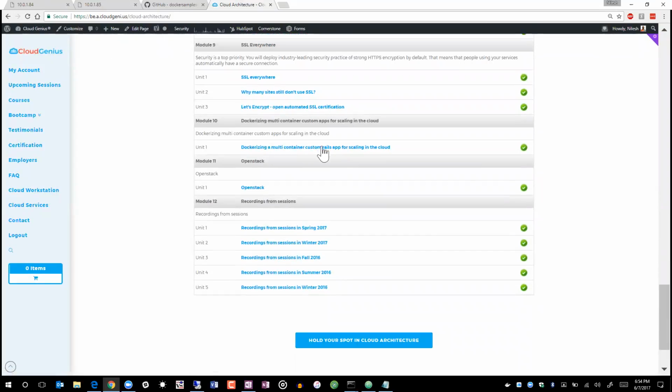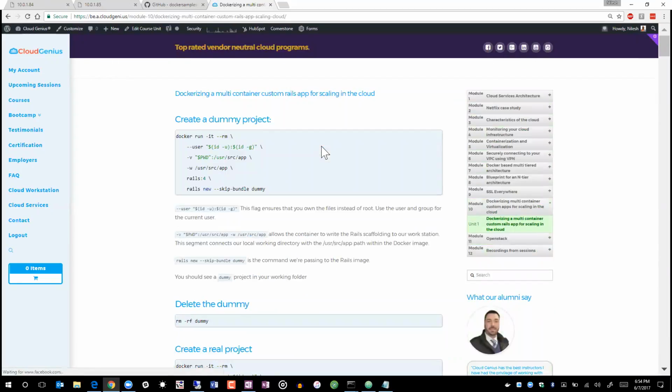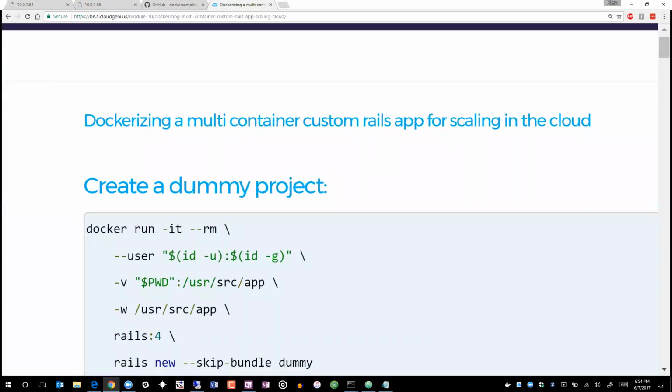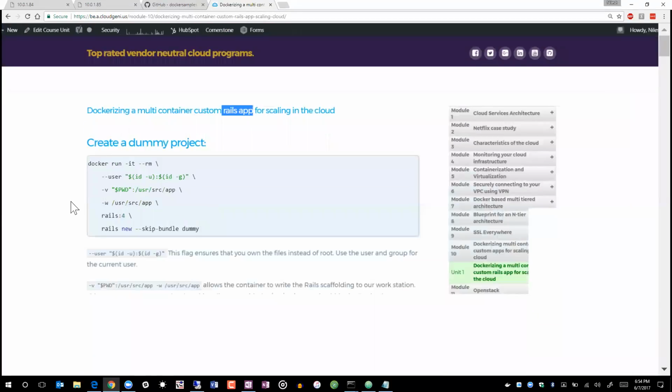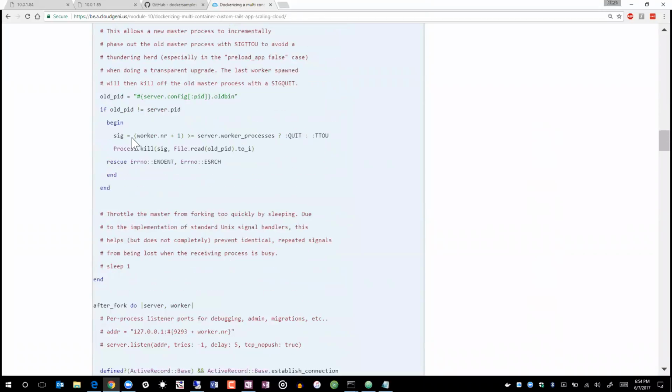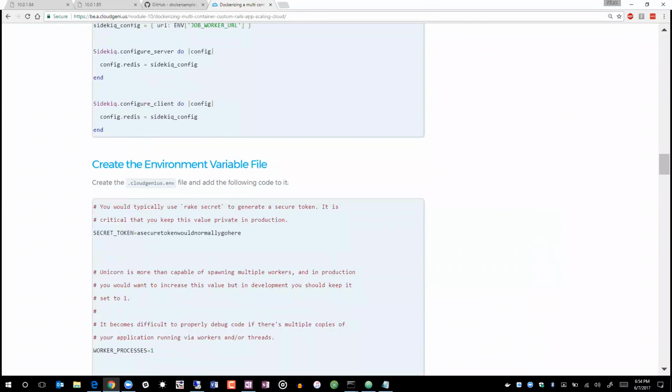Where is that? Yeah, here, module 10. This is just creating a Docker file image for basically Dockerizing or containerizing a custom application, a Rails app. So that's how you go about doing it if you are interested. I'm not sure if you are, but if you are, I will play this exercise for you. It is written down already. You can just check it out. And at the end, you will have an image. And once you have that image ready,